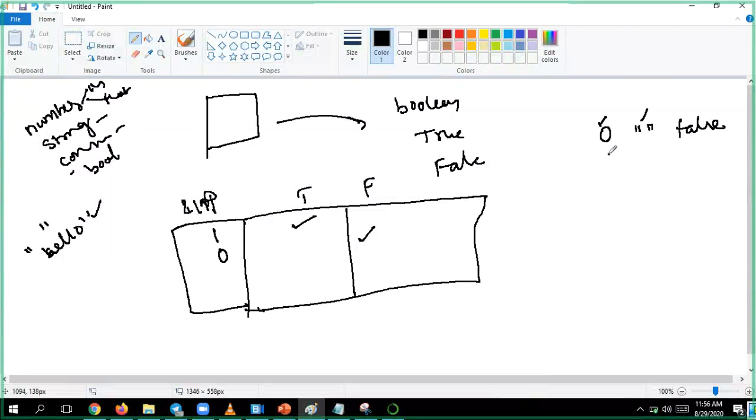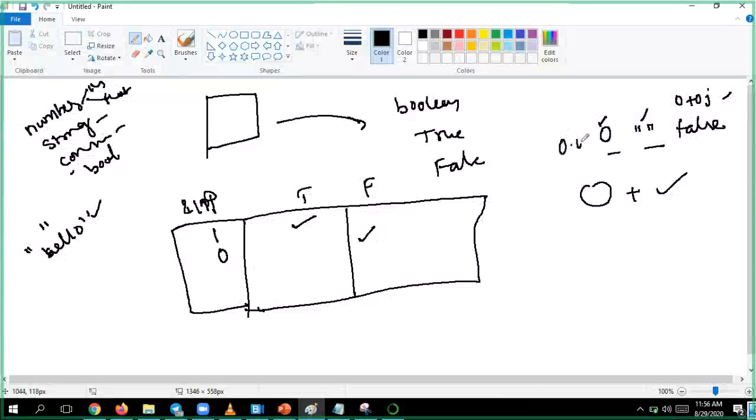One more thing is complex, like 0 plus 0j, that also will become false. So 0 or 0.0 or empty string or complex 0 plus 0j, any of these 4.